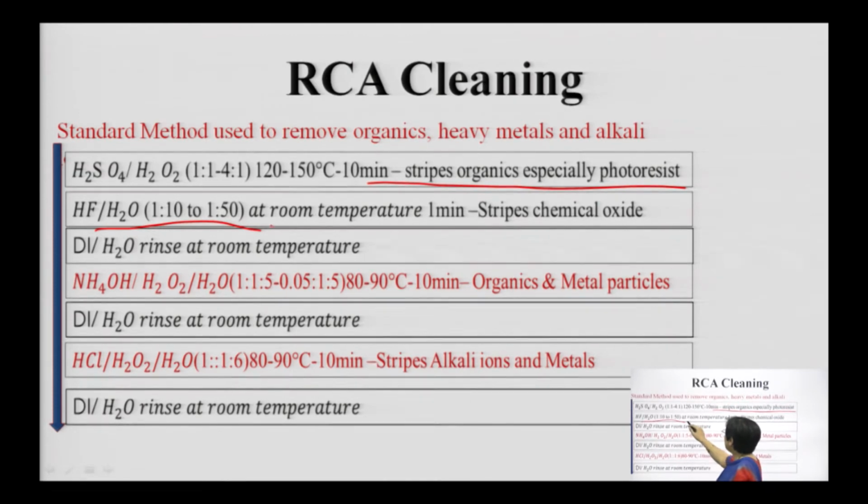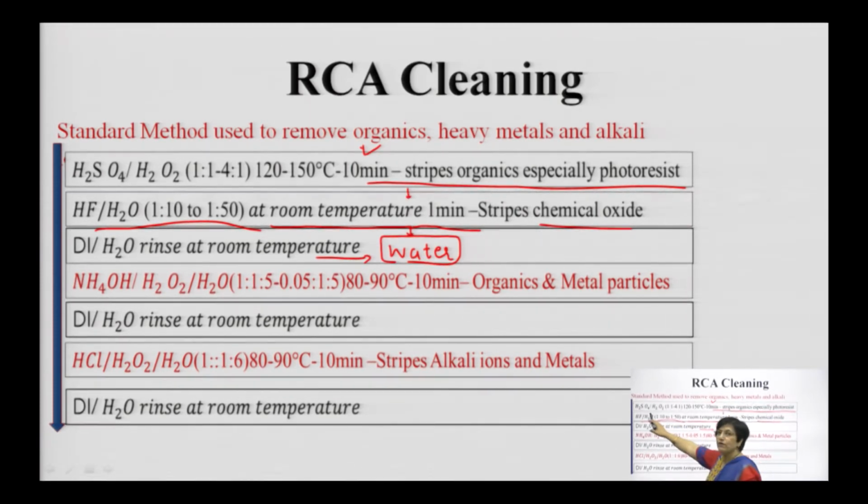Now, here the process is at room temperature, whereas there you are at least elevating the temperature up to 100 degrees centigrade, but here we are using room temperature. This will be used for chemical oxide; whatever chemical oxides are there, they will be removed. Third, immediately after this you will clean everything with water. So, water is an essential component in between the compositions, after cleaning with this one and this one.